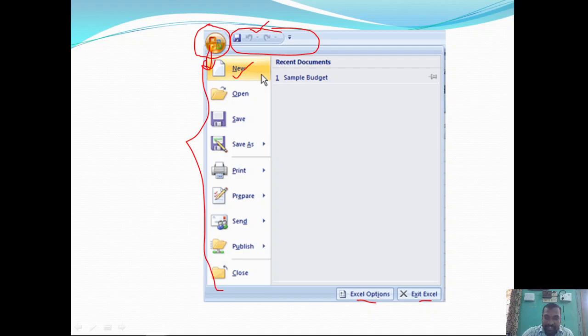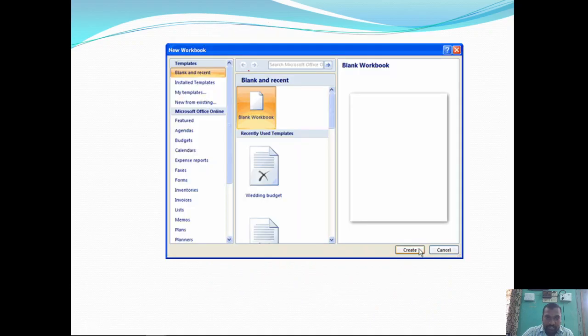After clicking the New option, a new workbook pop-up window will be displayed with several options, and by default this blank workbook is highlighted.